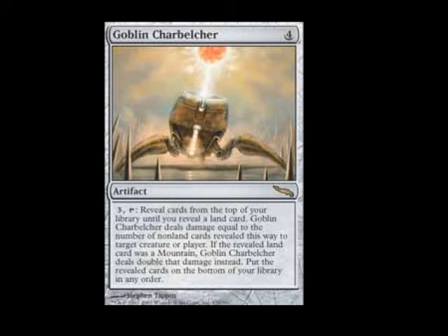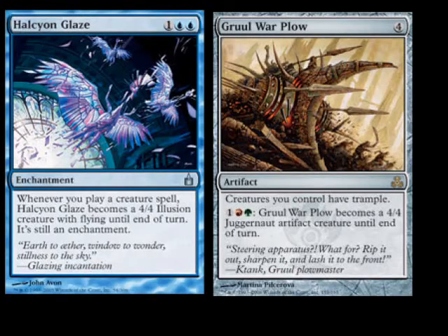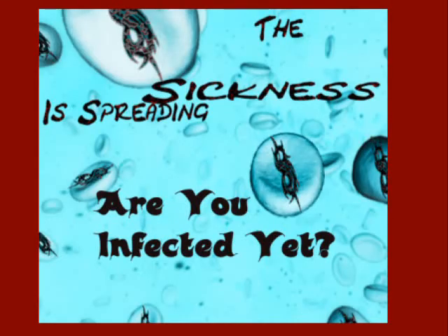Now, it's important to point out that there's certain cards out there, like enchantments that can become creatures, artifacts that can become creatures, and although they are not affected by summoning sickness when they are put into play because they're artifacts and enchantments, if you activate the ability or you trigger the ability to cause them to become a creature, if it's done in the same turn that you played them, then yes, they do suffer from summoning sickness. Other than that, creatures are the only spells affected by summoning sickness. Now on to another point I wanted to bring up.